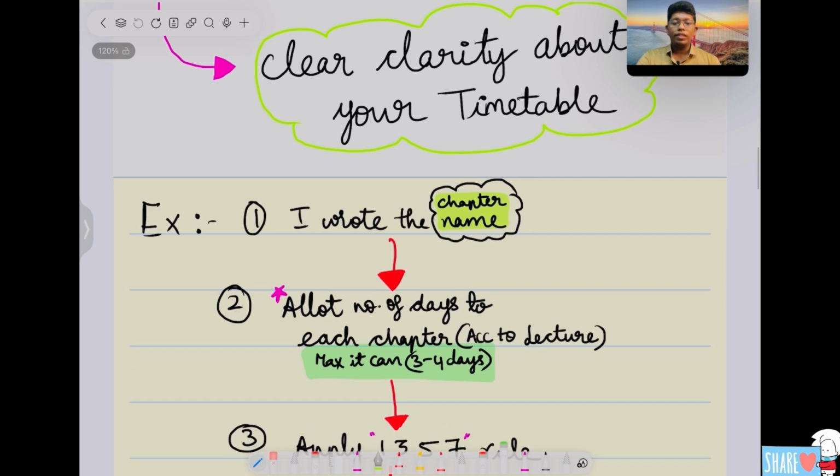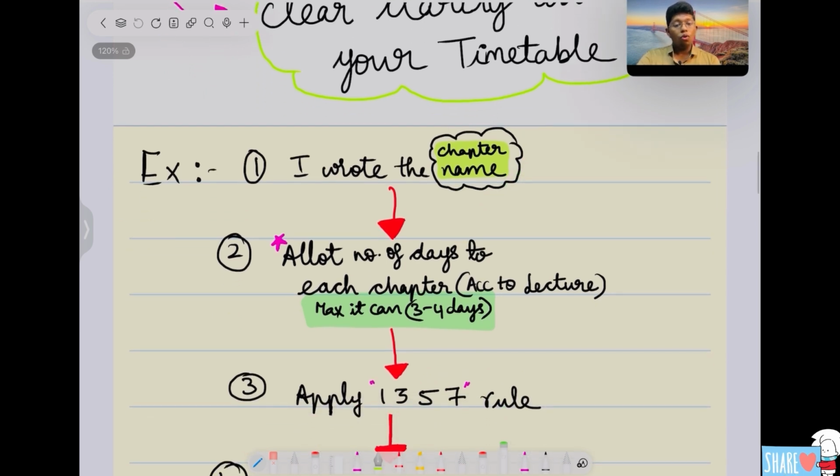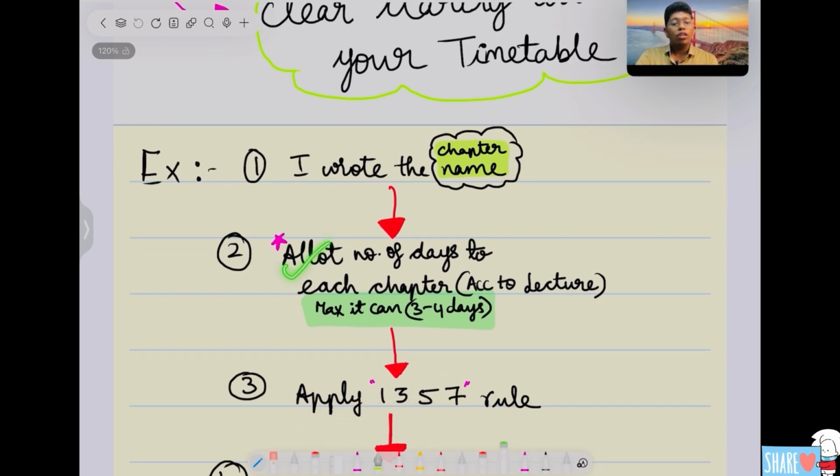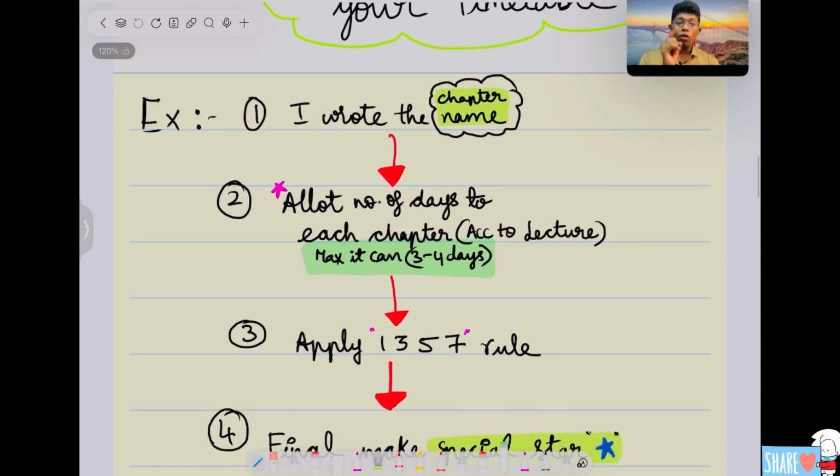First, I wrote the chapter name. I wrote the number of days for each chapter according to the lectures. I have seen the lectures and I know the average duration also. So maximally, for a chapter in physics or chemistry, I think only 3 or 4 days for each subject, not more than that. And one more very important thing, the main part I want to introduce here